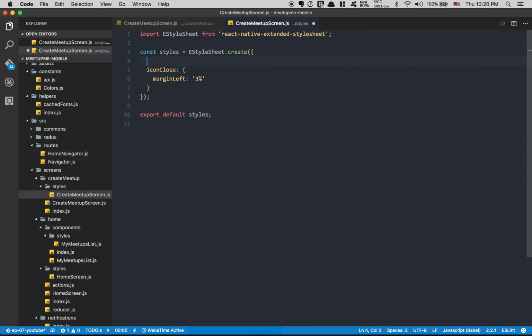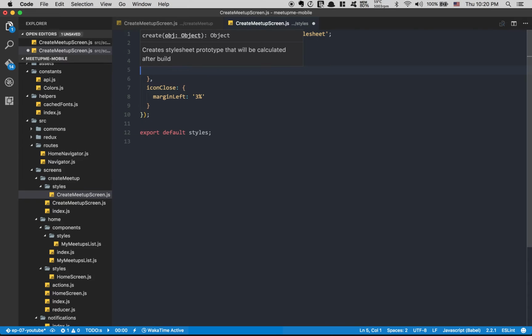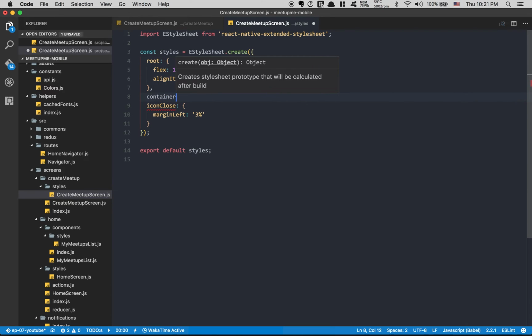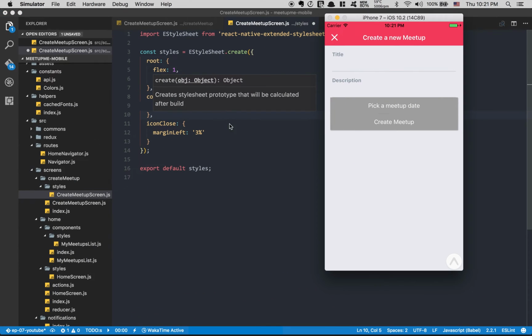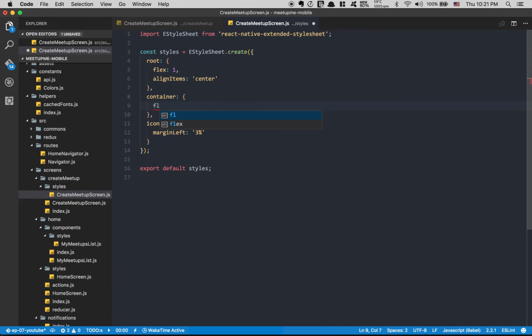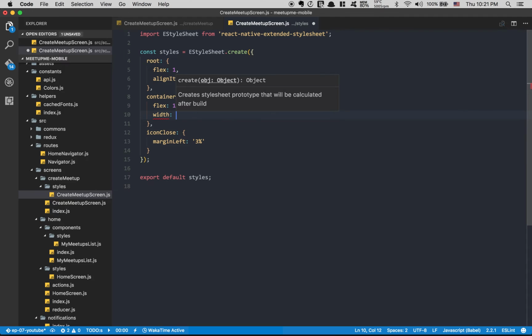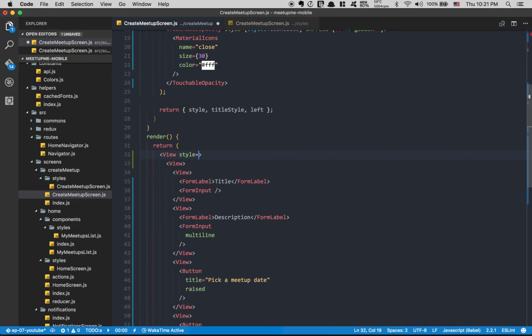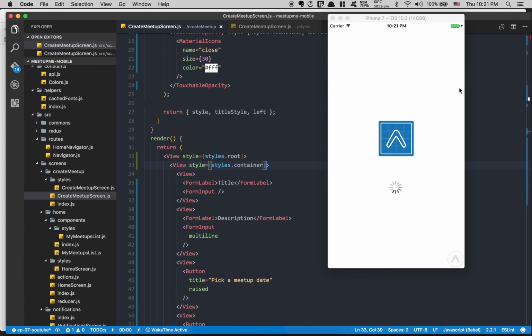What I'm gonna do here is create root style. That's gonna be for the main element. The only thing I'm gonna do is put flex one, and align items of center. Why do I do center? Because now I'm gonna call something container, because I don't want everything to take all the width. So what I want is to get this one as a flex of one, but with a width of 90%. So now if I go here, I'm gonna put this one with a style that root, and now this one is gonna have a style that container. So now if I refresh this one,